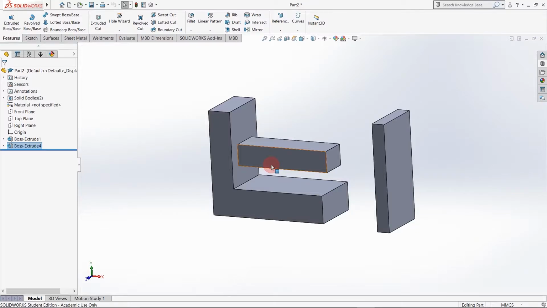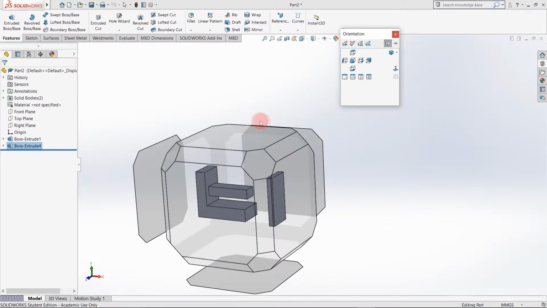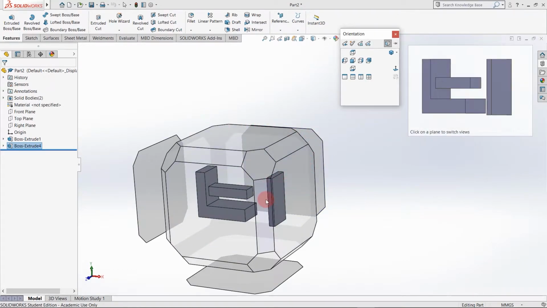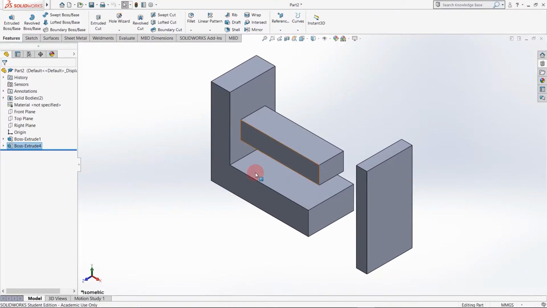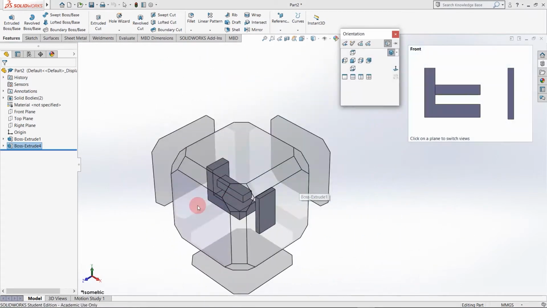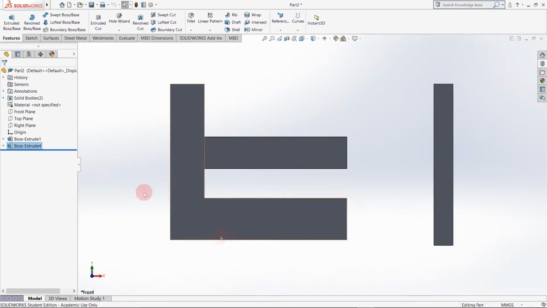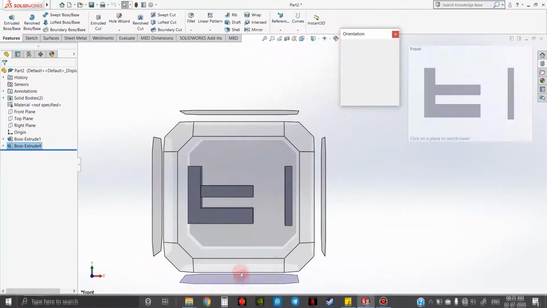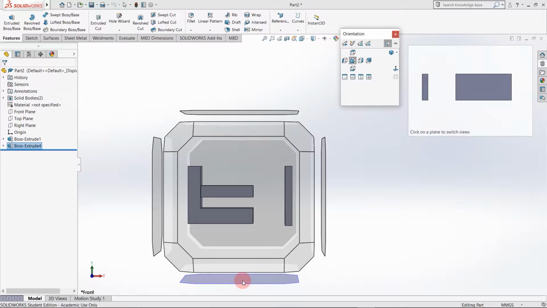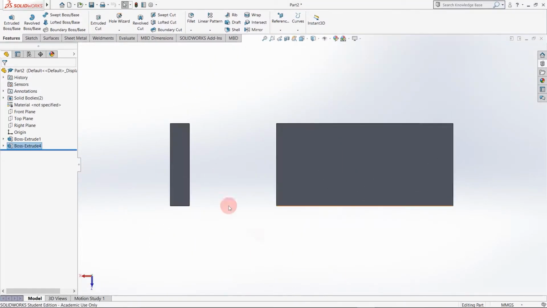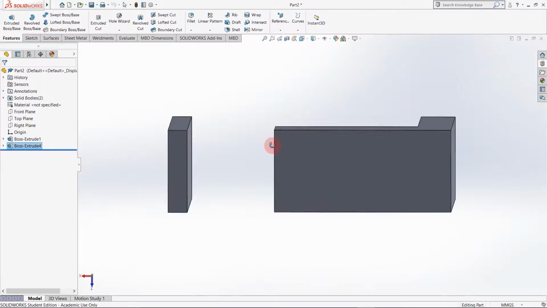If you press spacebar, you can see a cube which will show our component in various views. If I select this one, isometric, it will show us isometric. If I select front view, it will show our front 2D. If I select view from bottom, you can see it is in bottom view.